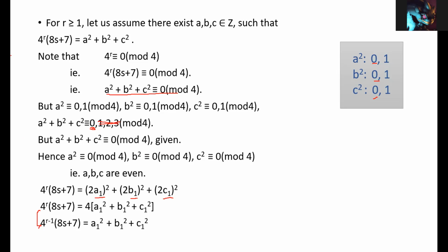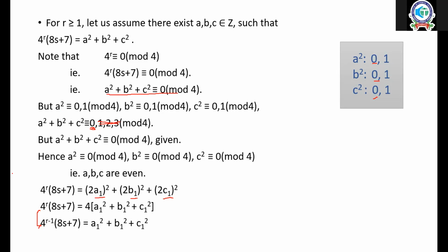This is the method of infinite descent. Okay, but what happened? You first tell me, then later we'll say that is called the method of descent. What happened? We arrived at the same expression that we started with, slightly similar, but the power of r is less by 1. It is decreased by 1.